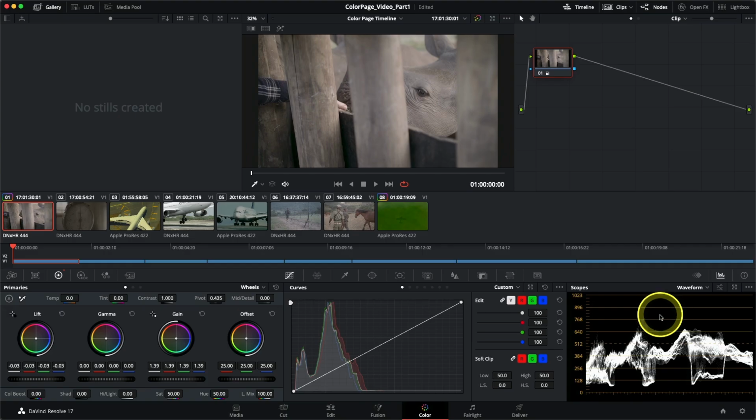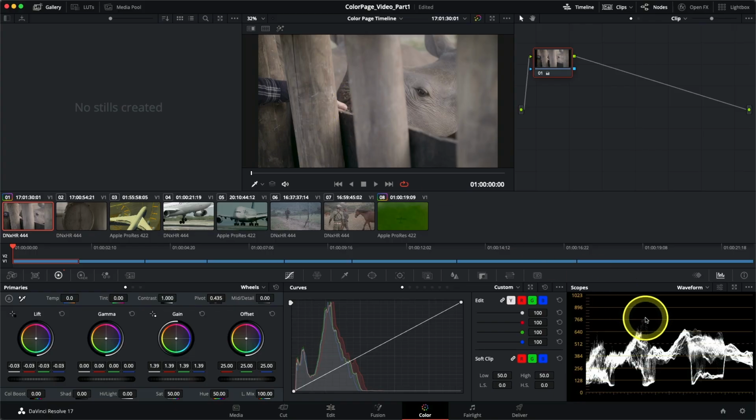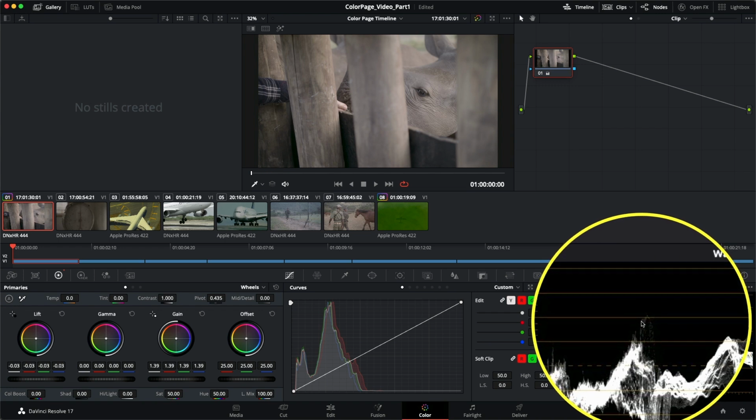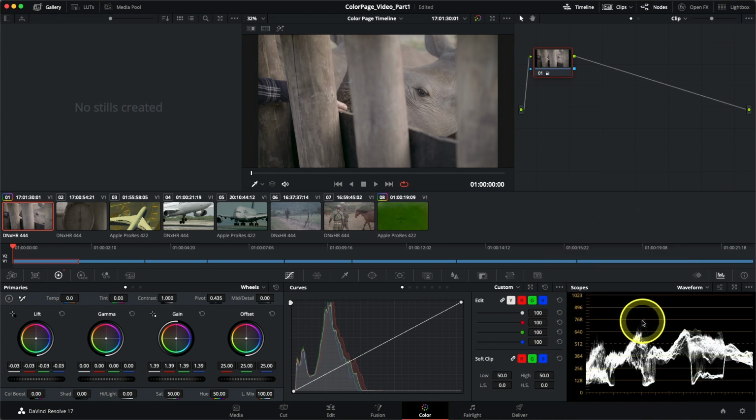And normally I would want to land most signals right under the second line from the top of the scopes graph. But in this case, because it's already a very dark image, and because we don't really have a good reference for a well-lit item like a piece of paper or a color chart, I'm going to keep it a little bit darker. And instead, I'm just going to use the highlight on this hand as a reference for brightness, which I don't really want to take over 75%. So that's this area of the graph. You can see there's very few pixels representing that particular region, which is why it's quite faint. But hopefully you can see that's just about touching 75%, and that's as high as I will want to take